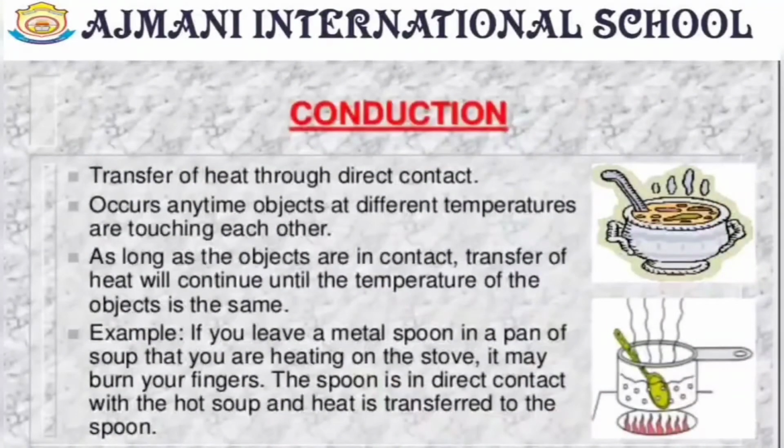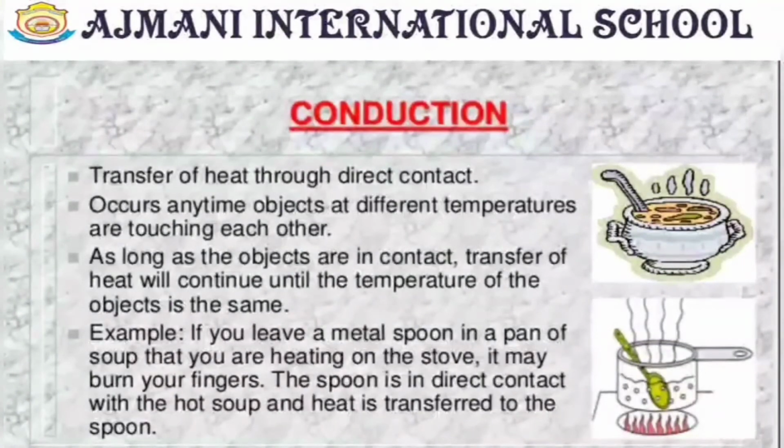Heat transfer by this method is mostly used by the solids. When an object is heated, its particles gain heat energy, and they begin to vibrate rapidly. The particles closer to the source of heat gain energy faster. These hot vibrating particles collide with the nearby colder particles, which in turn start vibrating. Heat is transferred from one particle to the next in this way, and in this process the conduction takes place. Here the two important things are the objects should be in contact and there should be a difference of temperature between the two objects.